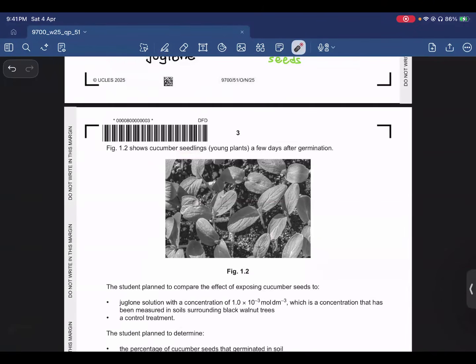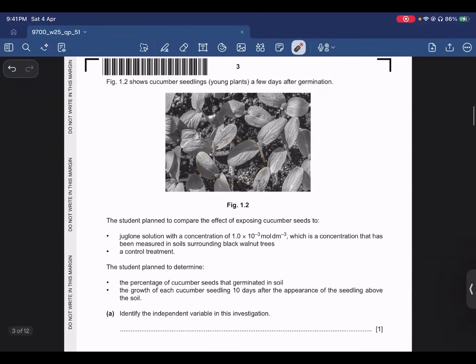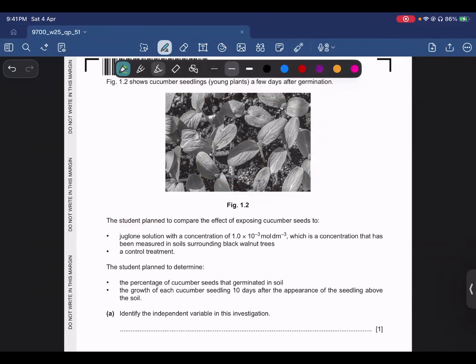मतलब पहले तो सीड होती है, फिर उसके बाद सीडलिंग्स बनती हैं, और फिर उसके बाद एक मैच्योर ग्रोन प्लांट बनता है. तो सीडलिंग्स are basically just the young plants a few days after germination, इस तरीके के. स्टूडेंट ने फिर क्या, ये बाय द वे ट्रे में सब कुछ हो रहा है जिसमें डैम सॉइल था, जिसमें जगलन था. स्टूडेंट ने क्या किया, उसने प्लान किया कि अब मैं कंपेयर करूंगा the effect of exposing these cucumber